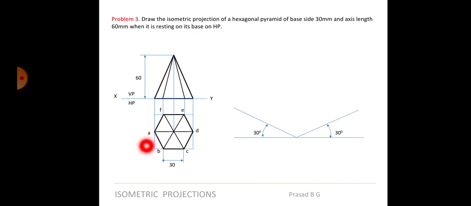Now what you are doing is placing this 1, 2, 3, 4 box on the 30-degree line here. Let's assume that we have taken this distance in ISO only. It's ISO 30, not actual 30. I will measure the distance from here to here, and I will keep that same distance over here. That is 1 and 2. Same way, 1 to 4 distance I will measure and place it over here.